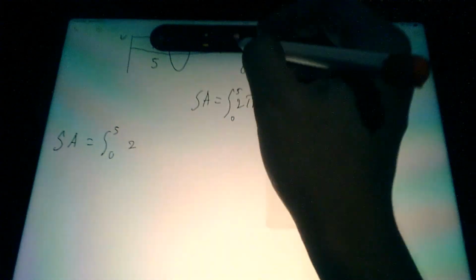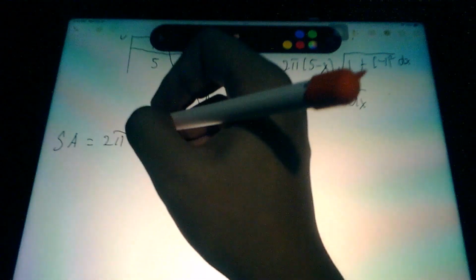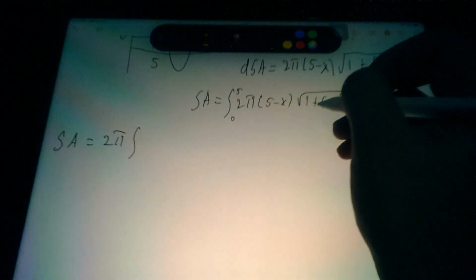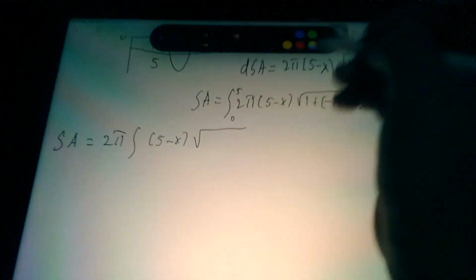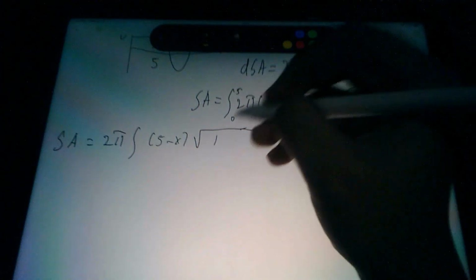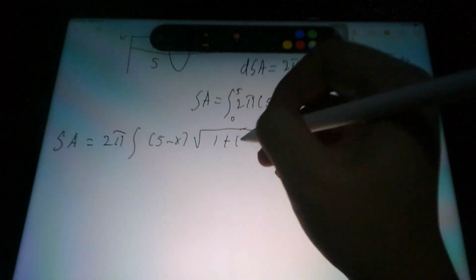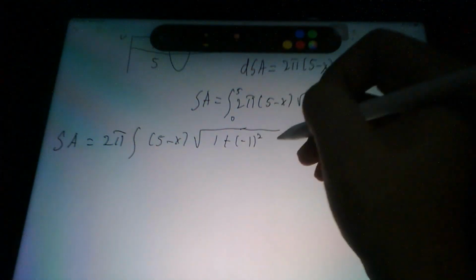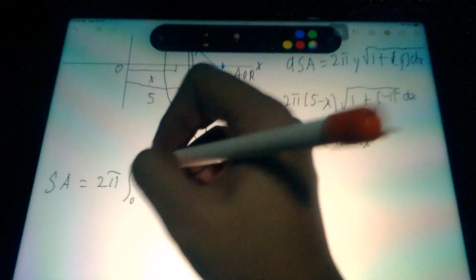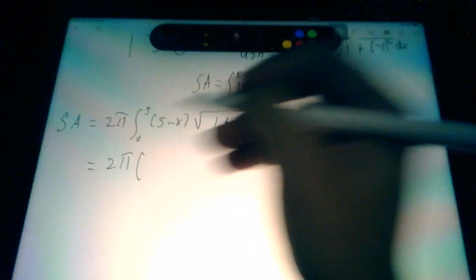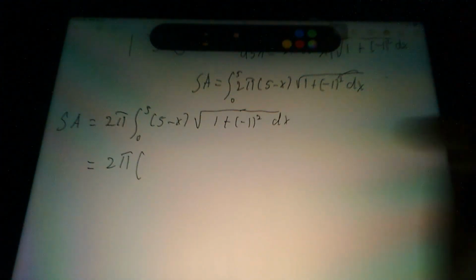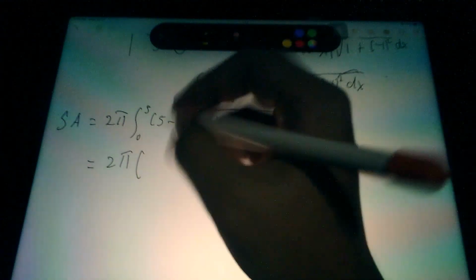Let's put 2 pi outside because that is a constant. 2 pi, the integral of what will be left here is just 5 minus x times the square root of 1 plus negative 1 squared dx, with limits from 0 to 5. So by simplifying this, 2 pi times